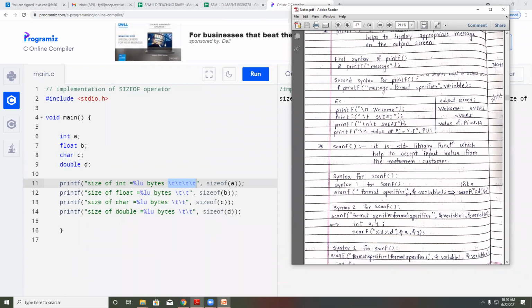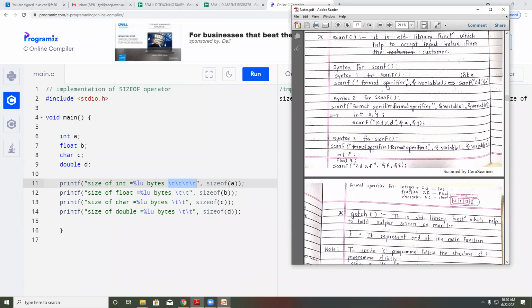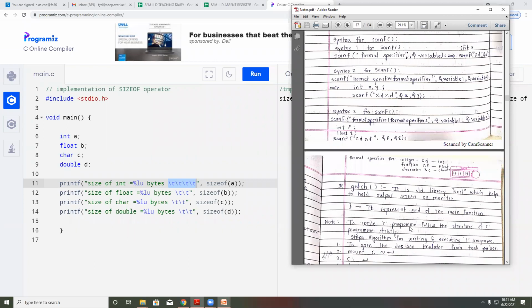Okay, so scanf we have seen. We have also solved some examples with scanf. Then getch also we have gone through. It is required to hold the output on the screen, or you can say the monitor.